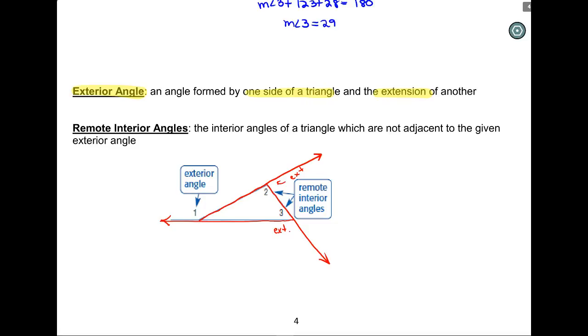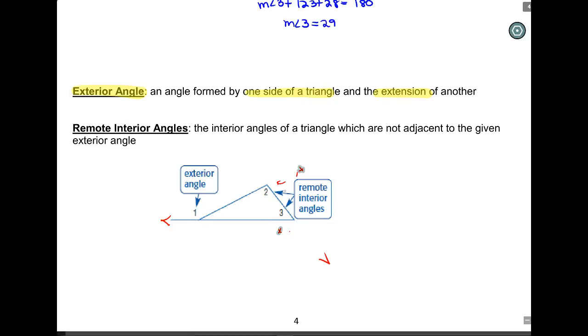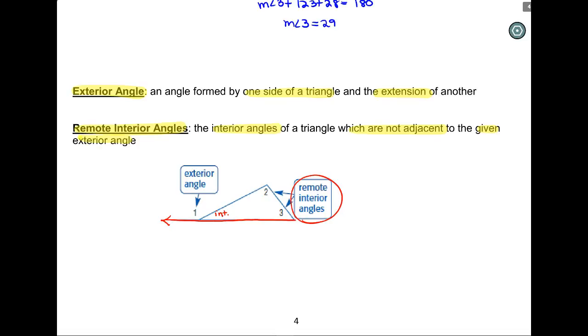Now, what do we notice about each of these, this exterior angle and the interior angle? They're always going to form a linear pair. So we have a linear pair here, here, and here. Okay, so what is angle 1 from a linear pair? Just this angle. This is an interior angle here, but what I want to show you are the remote interior angles. These are the interior angles which are not adjacent to the given exterior angle. So this one is adjacent, so this is not remote interior. These two, the ones that are further away, when you think of something like a remote island, right? Have you heard that word before to describe a remote island? Something far, far away. So when you have an exterior angle, we're thinking of the two that are far away